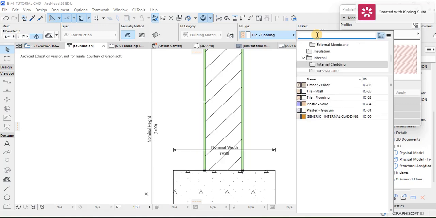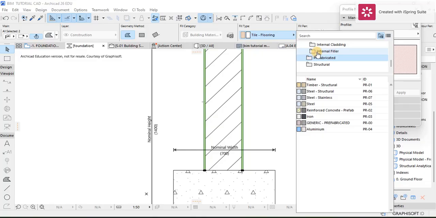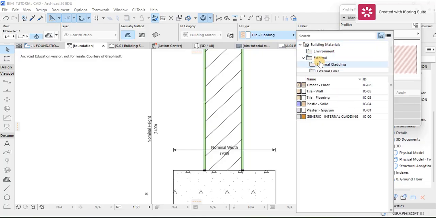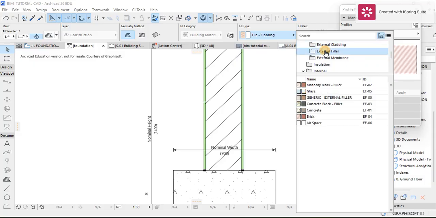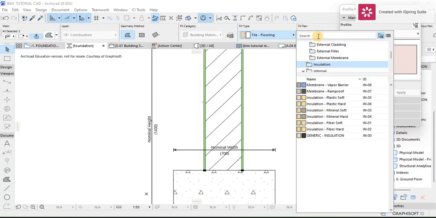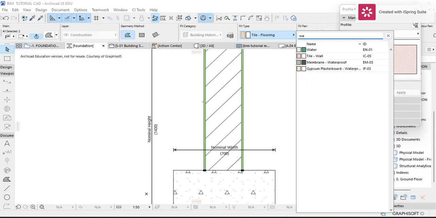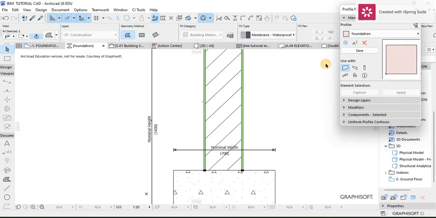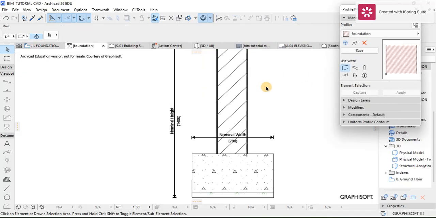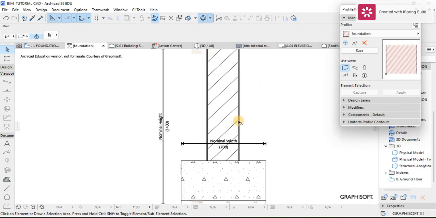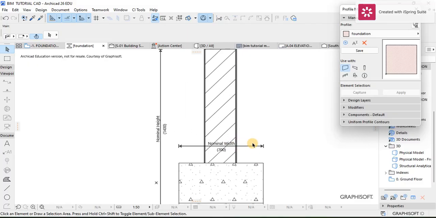Let me see if it's somewhere there. External fabricated. No, it's supposed to be. If it's not there, I don't know what you are. Waterproofing, damp proofing. Let's say waterproofing. Yeah, waterproofing membrane. So this is what we want for that layer. Now you can see our block is making sense for our